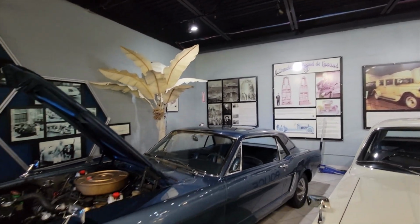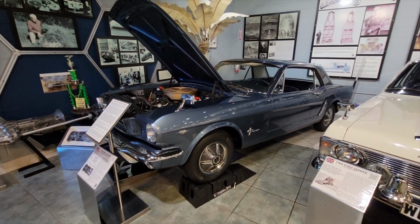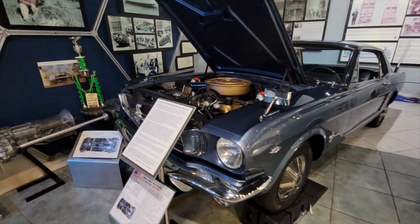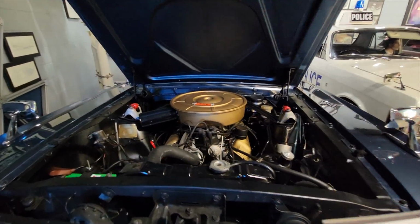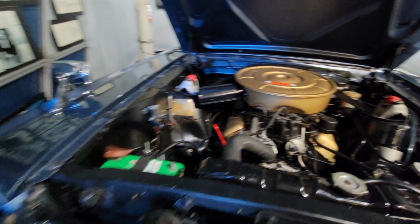Okay, I promised an interesting Mustang, and here it is. This is a 1965 all-wheel drive prototype. Long story short, Ford was looking at ways to make its new hit vehicle more attractive to those who lived in snowy climates, and upon hearing about a system developed by Ferguson Research in the UK, they sent a pair